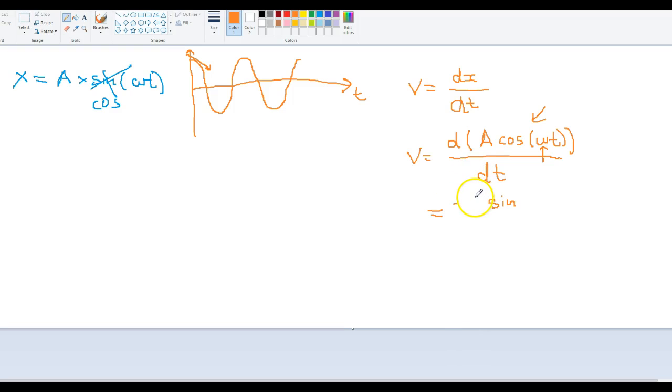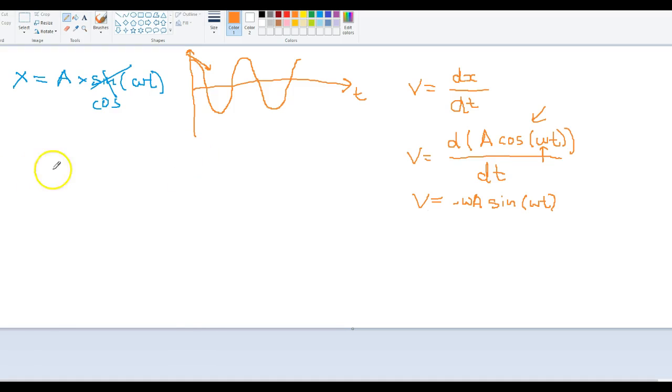So we have minus A, we still have omega t, and then using the chain rule, we have to multiply by omega. So the velocity is equal to minus omega A sine omega t,